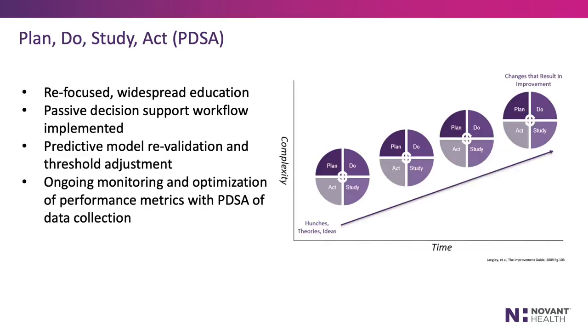Post-go live, multiple rapid PDSA cycles were conducted to optimize workflow and data collection. The project timeline consisted of 4 main interventions: go live, comprehensive refocused system education, critical care resource nurse workflow optimization, including proactive rounding, and a threshold change for progressive care unit patients. An Epic dashboard was created to monitor meaningful metrics specific to DI performance, and outcomes were tracked monthly to assess